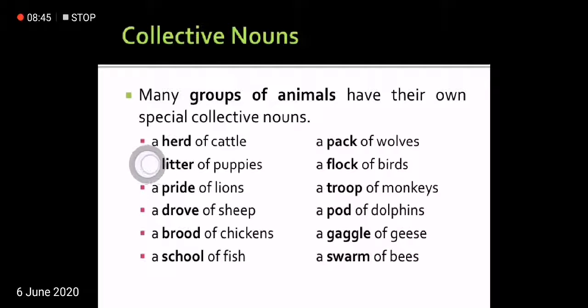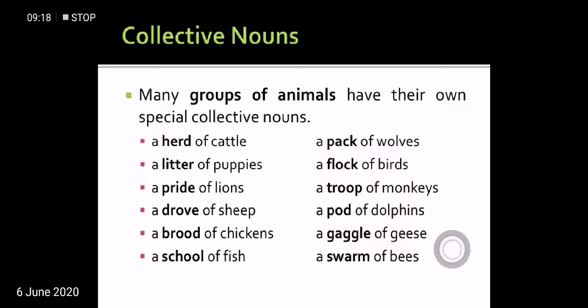For example, a herd of cattle, a litter of puppies, a pride of lions, a drove of sheep, a brood of chickens, and surprisingly, a school of fish. So you might be surprised that fish too have their own school, okay? So when fish are in their team, they are in community, they are together, we call it a school of fish. Then we have a pack of wolves, a flock of birds, a troop of monkeys, a pod of dolphins,